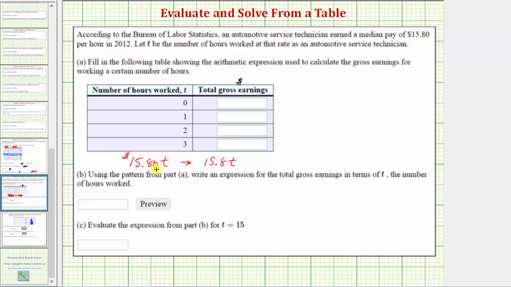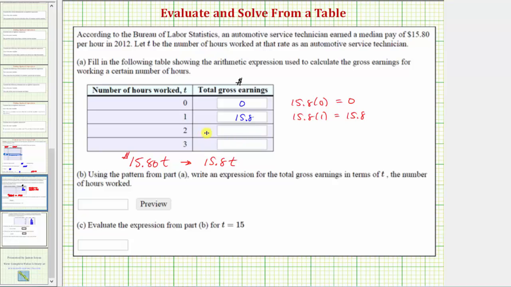Notice how we can drop the 0 in the hundredths place value for 15.80 because 15 and 80 hundredths is equal to 15 and 8 tenths. So now we can use this expression to determine the total gross earnings. So if 0 hours are worked, the total gross earnings would be 15.8 times 0, which is 0. If 1 hour is worked, the total gross earnings would be 15.8 times 1, which should be 15.8, which represents